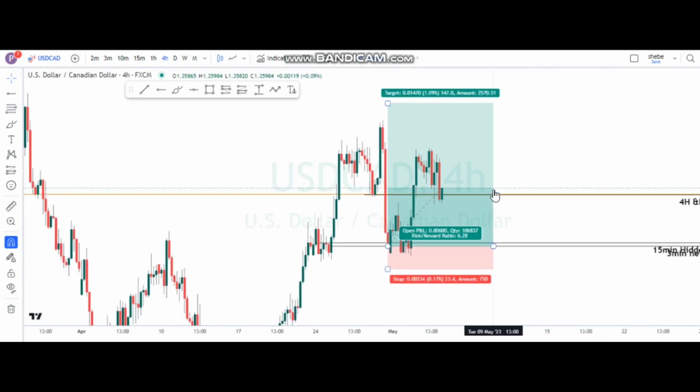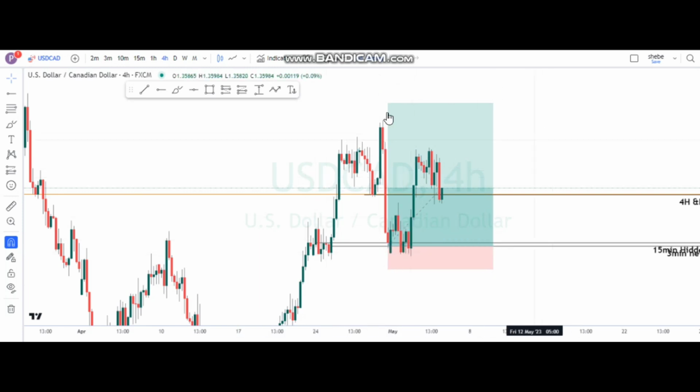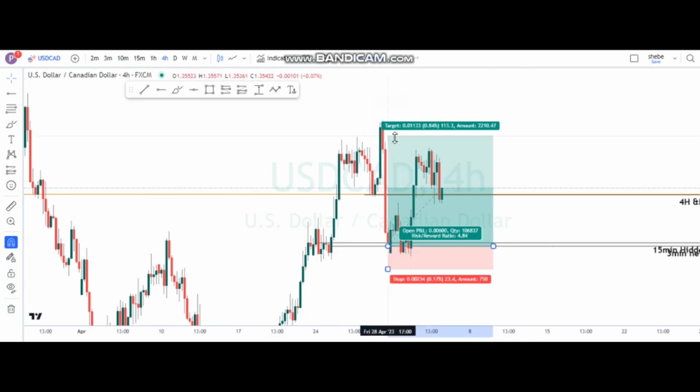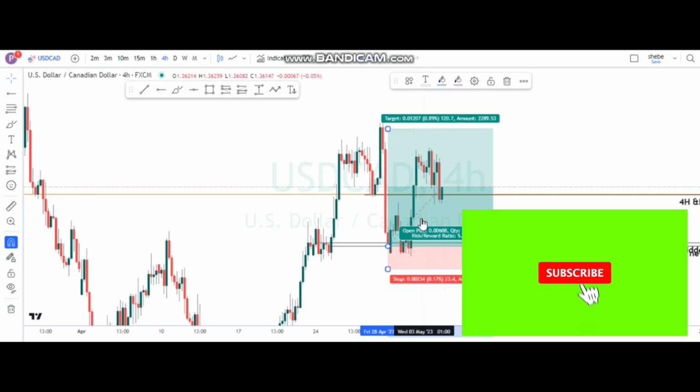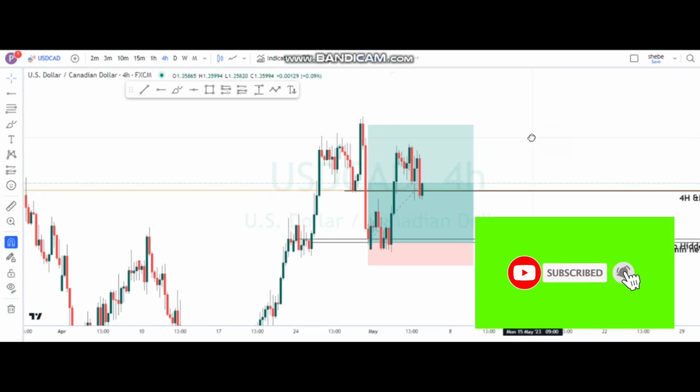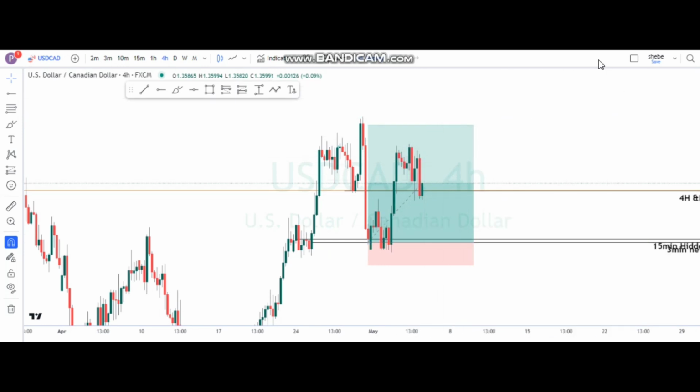And now that's how we could have taken that trade of USDCAD. As you see, the trade went past almost 100 pips, and all you see is just a small pullback. This is because the price is not moving in one direction, so it's just making a series of highs and lows, and you expect another high to go up there.